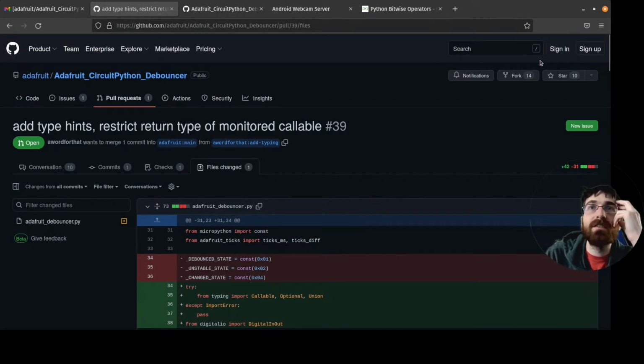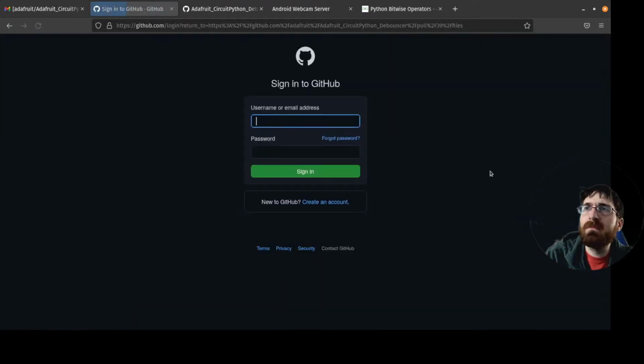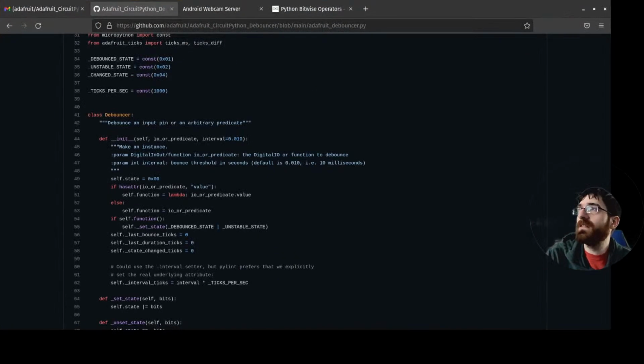Oh, I'm not signed in. I thought I signed in. Almost positive I signed in. And I definitely did, because I distinctly still have the two-factor open.